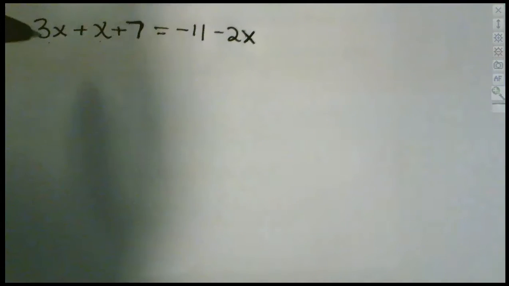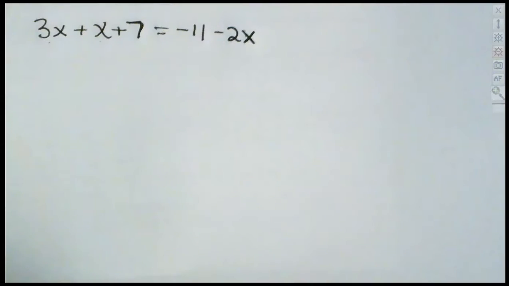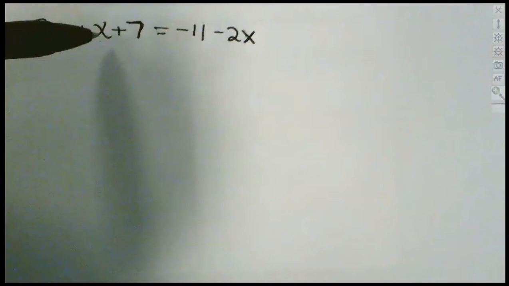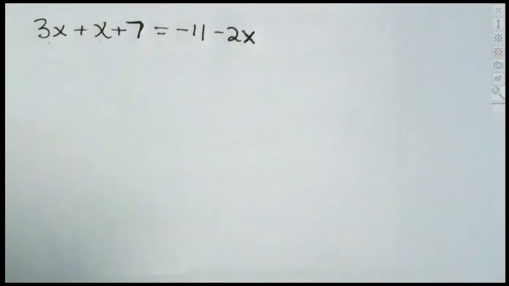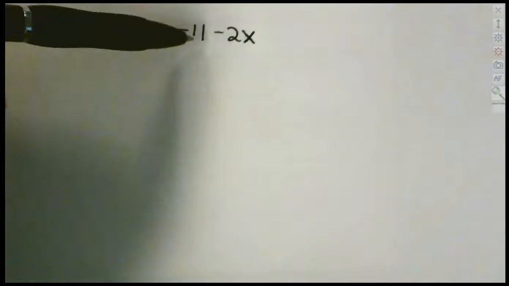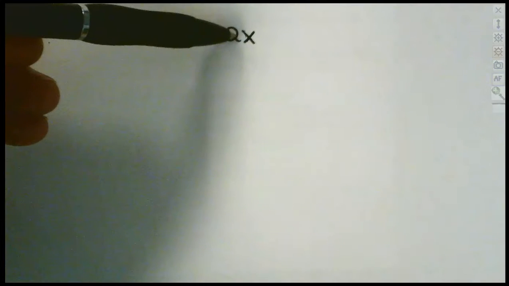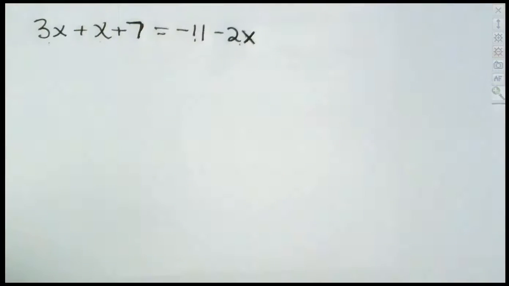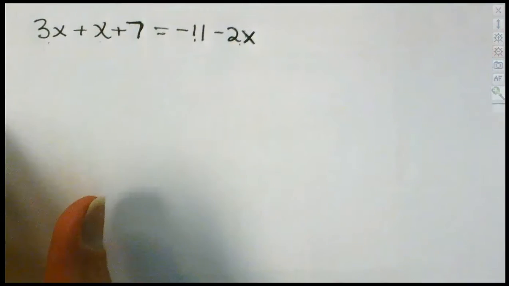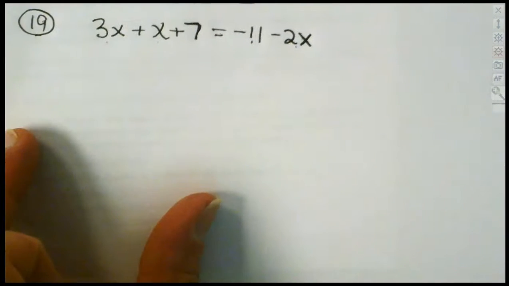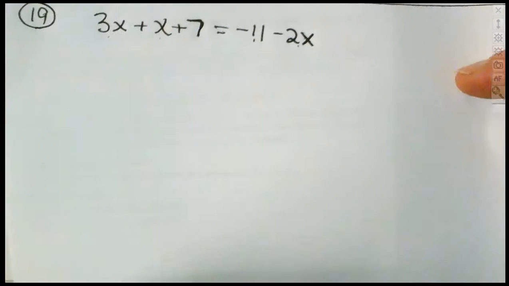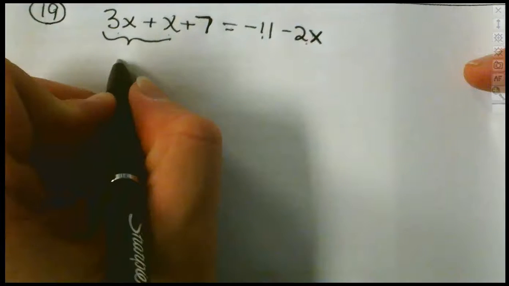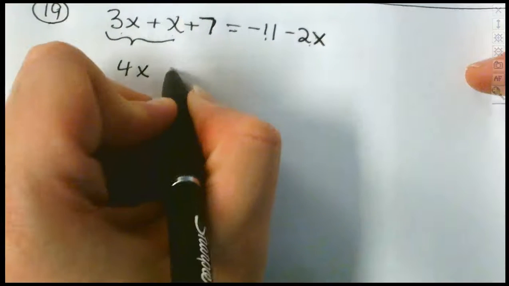So we've got 3 times our number. That represents that 3x there. We're going to add to that a number plus 7. So that's there. And we're looking at the difference of minus 11 and twice the number. So that's minus 11 and a minus 2x there. Now we've got it. And this is question 19, by the way. Now we've got our equation. We can solve it. Those can be combined together to give you 4x plus 7